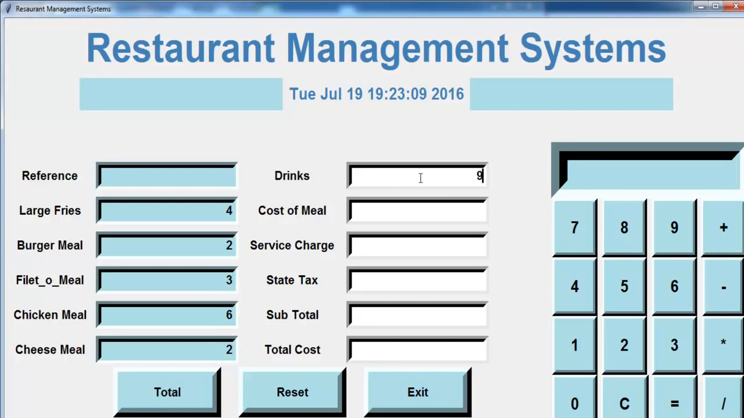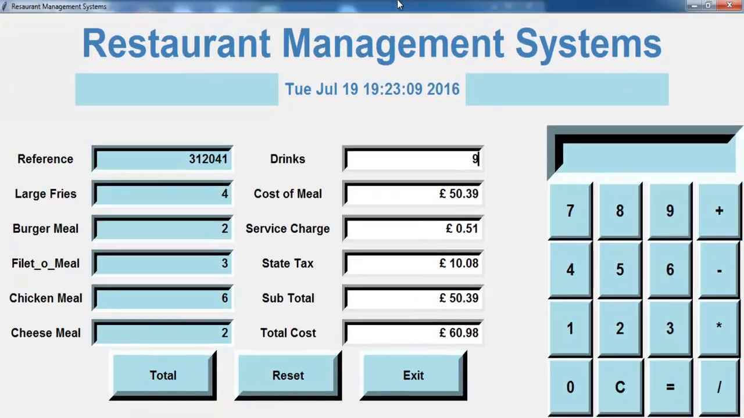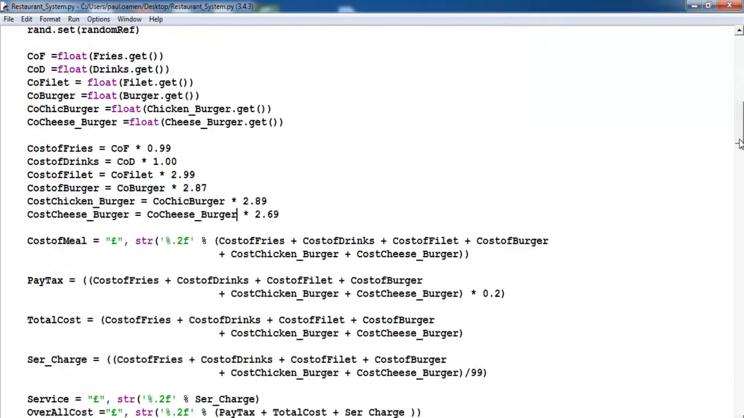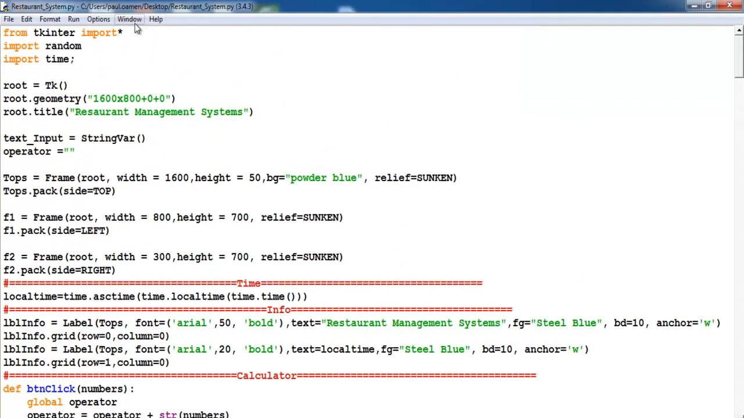So let's enter drinks there, click on total. There, guys, it's a very beautiful system. If you're patient enough, you can develop something much better. I suppose you all enjoy it, so let's minimize this and I'll show you the codes one more time. We're going to take it from the top. Alright, right there from the top,